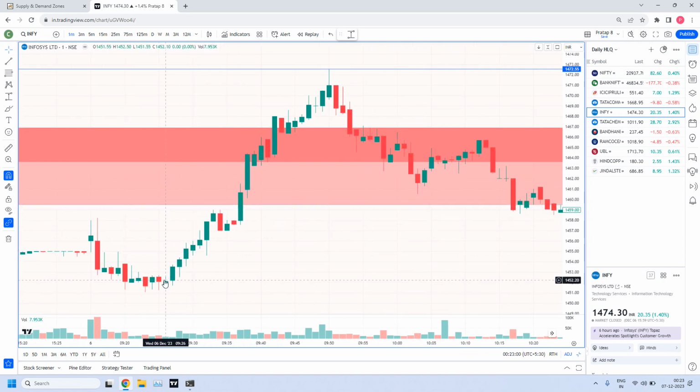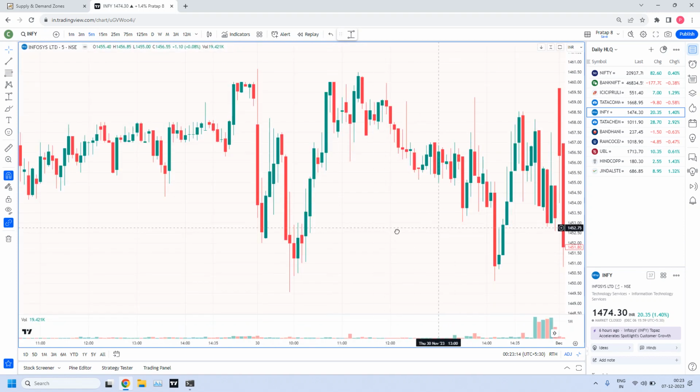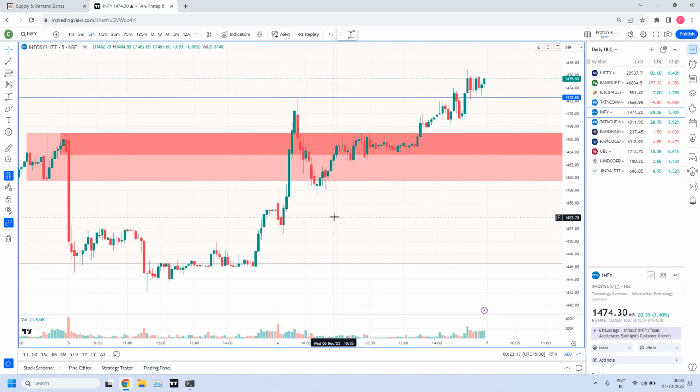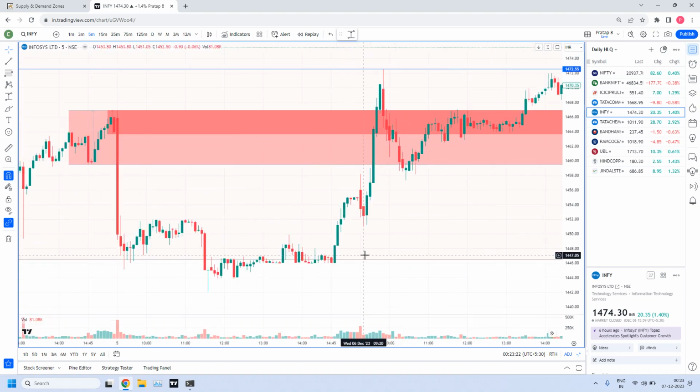So in the morning, around 9:15, it started. During the first hour itself, this entire structure is broken. Hope you understand, because this is the fifth or sixth session we are discussing about when a zone is going to be